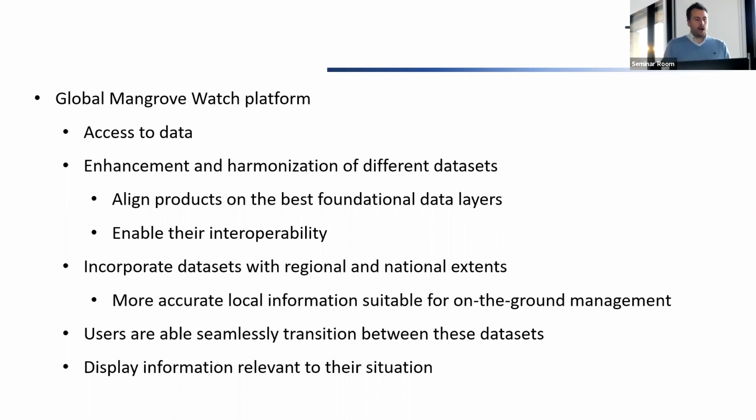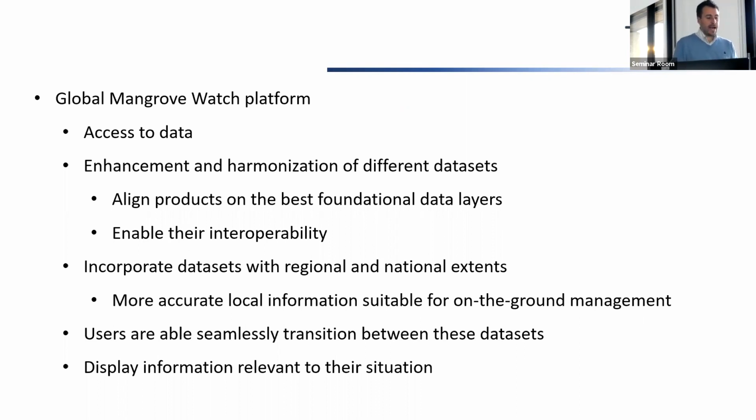What I want to talk about now is a tool for starting to interrogate that data. So what's been developed is the Global Mangrove Watch platform. And the platform seeks to emulate the success of other data sharing or advocacy platforms such as Global Forest Watch or Global Fishing Watch. These platforms are new conduits between data producers, people like myself, who are trying to maximize the benefit of their work and their analysis, and people using the data who are trying to use it as part of their scientific analysis or their decision-making process.